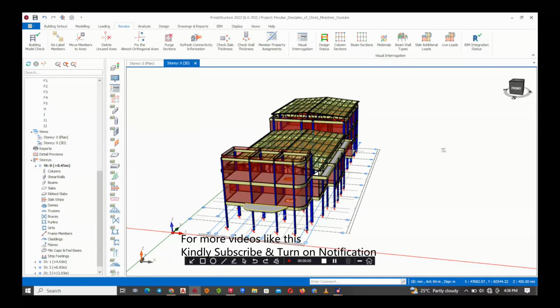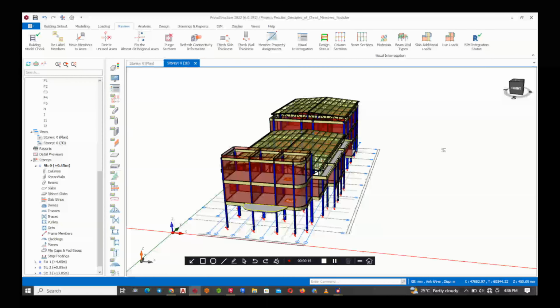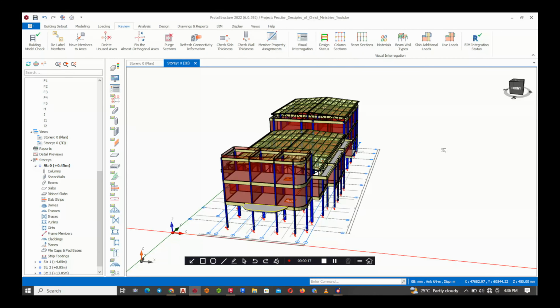So in this video, I'm going to be demonstrating how to design your pad footing by grouping similar column loads together so as to make your design more economical and more efficient for the construction engineers to interpret without making mistakes. So what motivated me to make this video is because of some structural drawings I came across on site